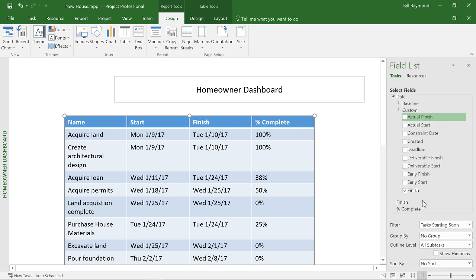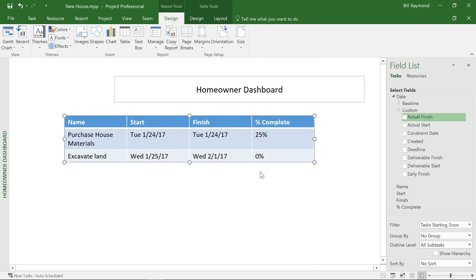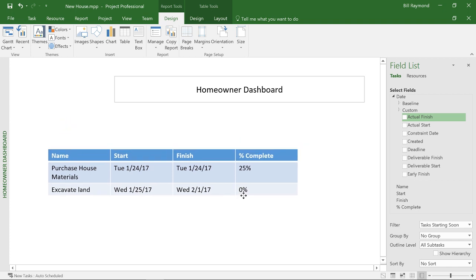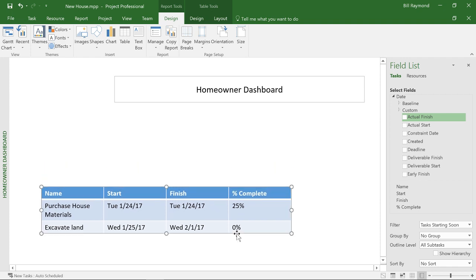Tasks starting soon. There we go. And so now what this list is doing here is it's just showing me the tasks that are starting in the very near future. I believe this is doing something along the lines of about 7 days. Now, as the project owner, as the homeowner, you've also told me that you want to find out what tasks